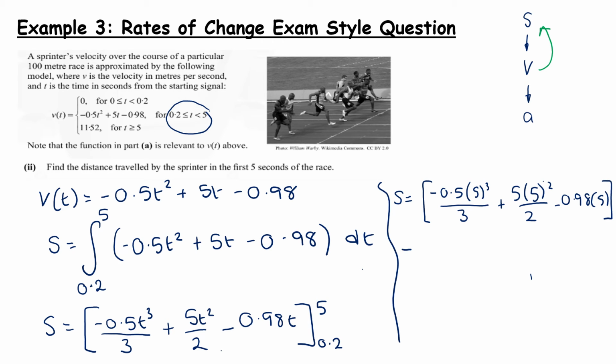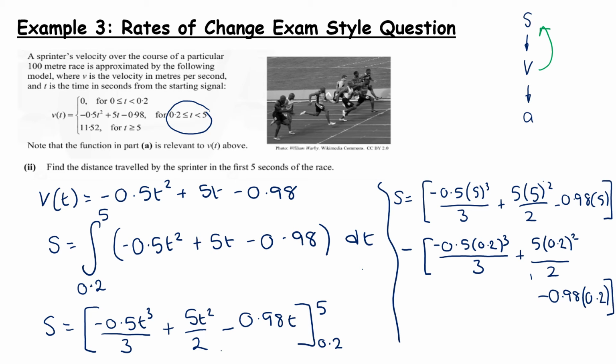We're then going to take away, subbing in the 0.2, cubed over 3 plus 5 times 0.2 squared over 2 minus 0.98. I'm going to space, I'll move this down a little bit, minus 0.98 by 0.2. That works out as